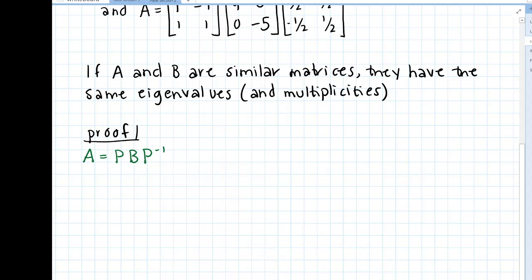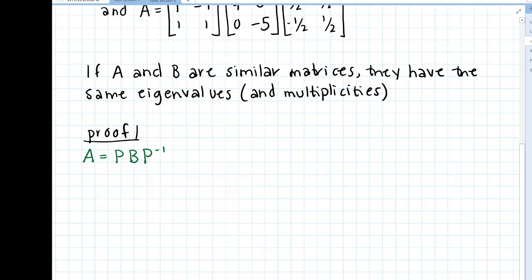So if we wanted to talk about the eigenvalues, that would probably mean that we want to be taking the determinant of A minus lambda I, right? So what we're going to do is take this equation and manipulate it so that we end up with the determinant of A minus lambda I on one side, and on the other side we'll be able to show that it's the same thing as the determinant of B minus lambda I. And therefore, we'll be able to say that they have the same characteristic equation or characteristic polynomial, and that will suggest that they have the same